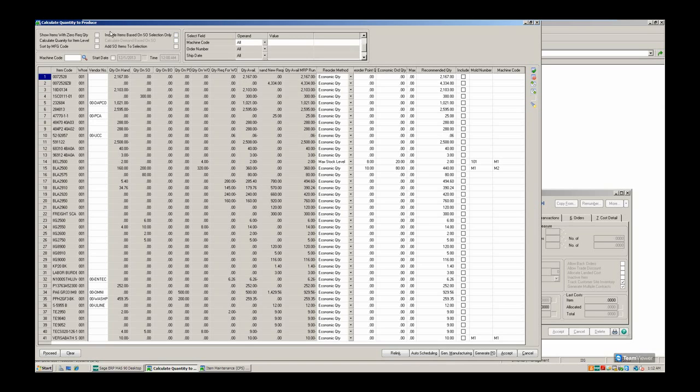in the future. As far as fields that set the behavior of the program as to how the values are calculated, the first value is show items with zero required quantity. The default is unchecked, which loads only items with requirements into the grid. So here, every item loaded has a demand. If you check this, then items with zero demand would also be loaded into the grid. And the next